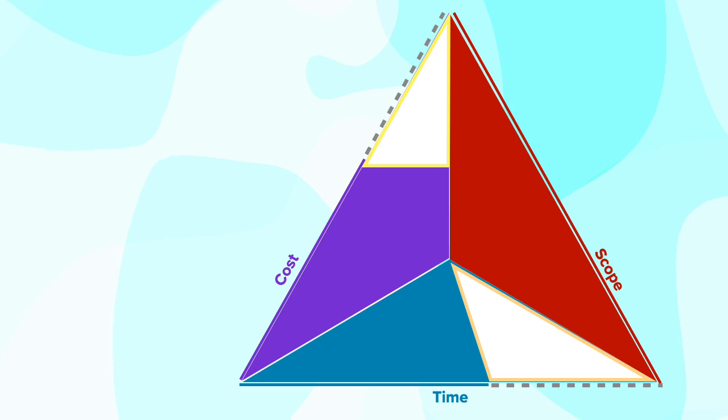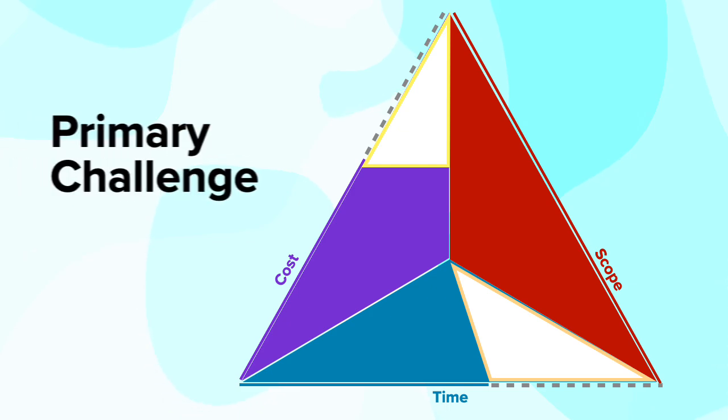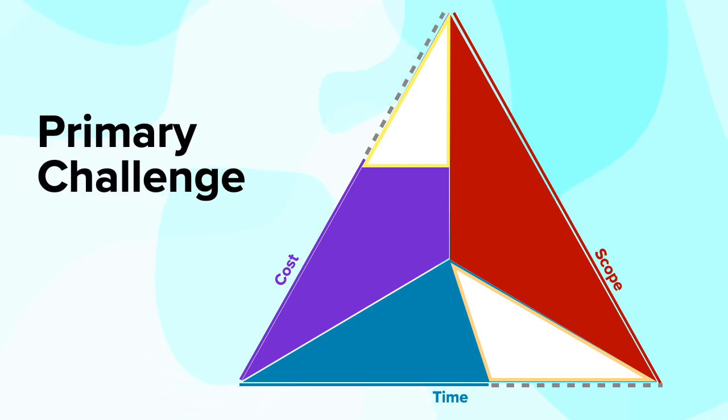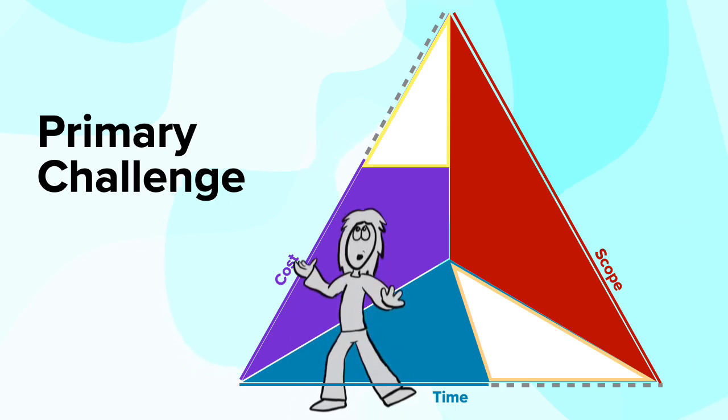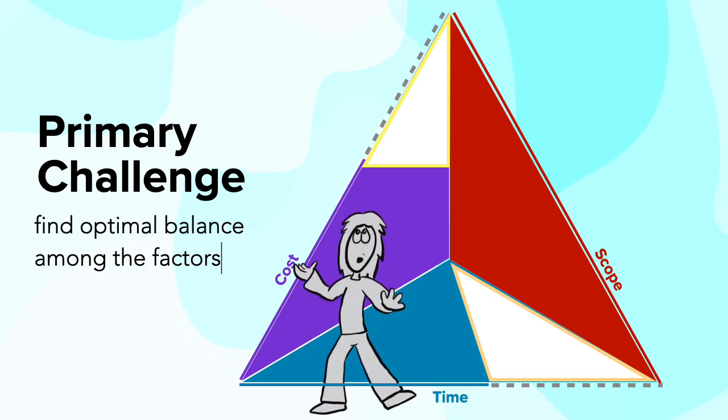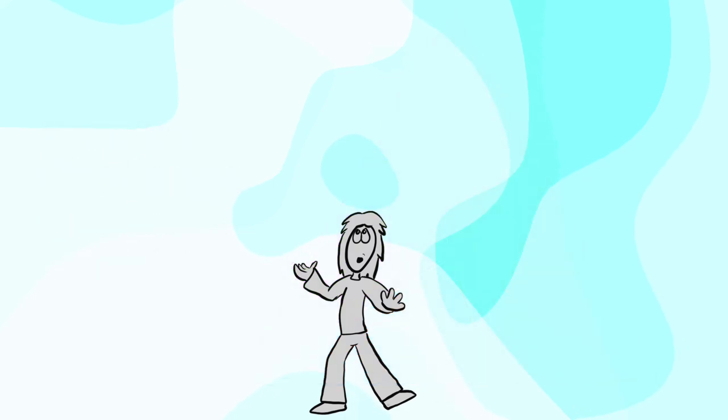Or do we just keep scope the way it is and realize we only have so much time and budgetary resources. So the primary challenge in project management is finding the optimal balance amongst the factors. That is, we can't have scope that's going to be met within a particular cost budget and within the time frame that we expect. That is very unlikely, but a project manager will do their best to balance many different aspects of the project,